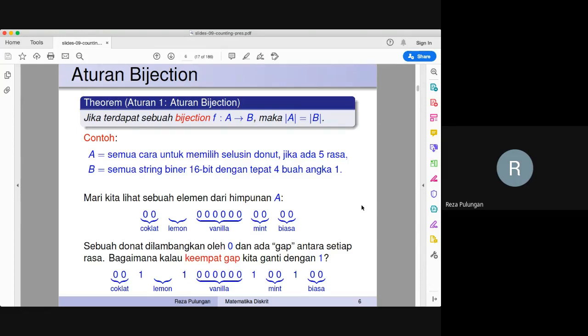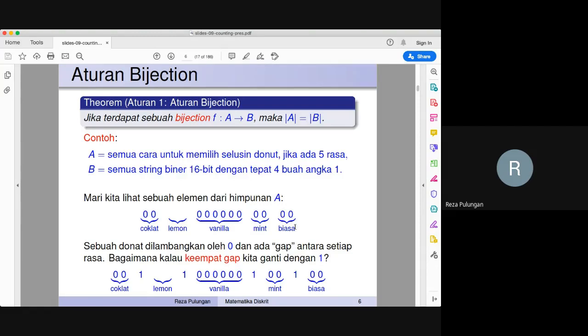The function basically says that for one configuration of the donuts, I add a gap in between, and if a donut is represented by 0, the resulting representation can be considered as a sequence of bits, a binary string.